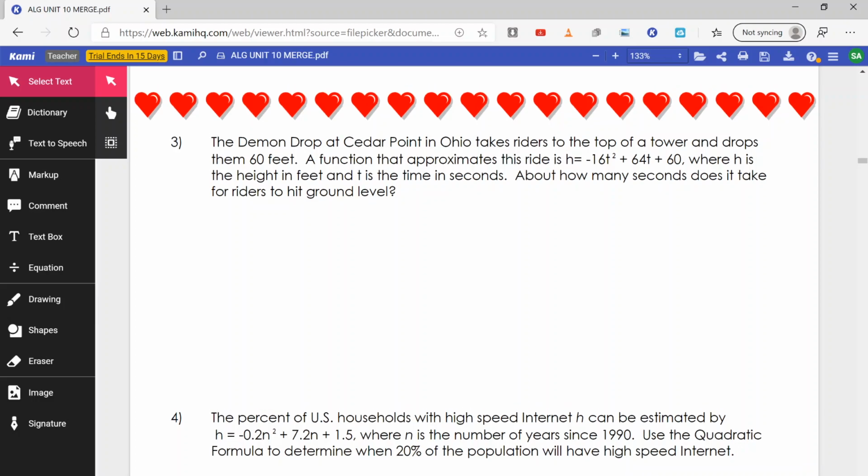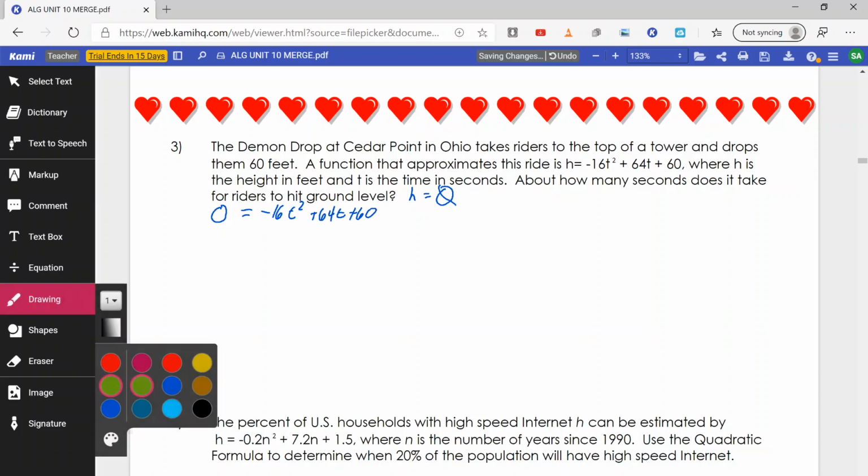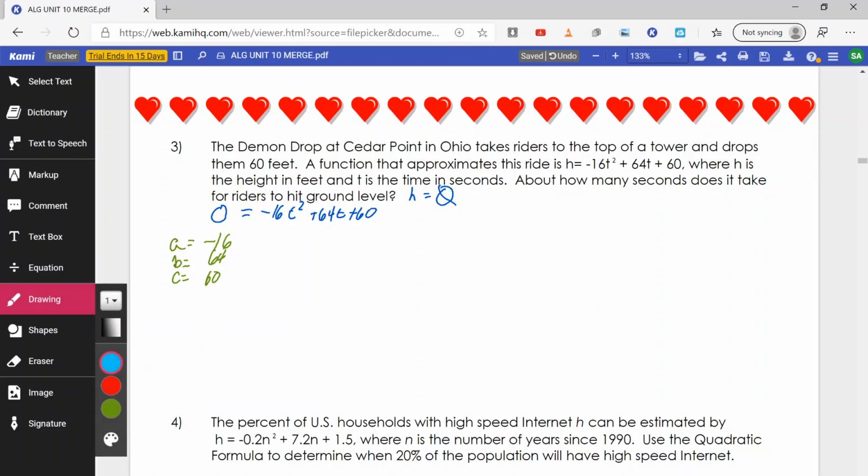Well, ground level is a height of 0. So this means 0 equals negative 16t squared plus 64t plus 60. We can use the quadratic formula here because we are equal to 0 and our equation is in standard form. So we just state what a, b, and c are, which in this case is negative 16, 64, and 60. So we're going to use that quadratic formula